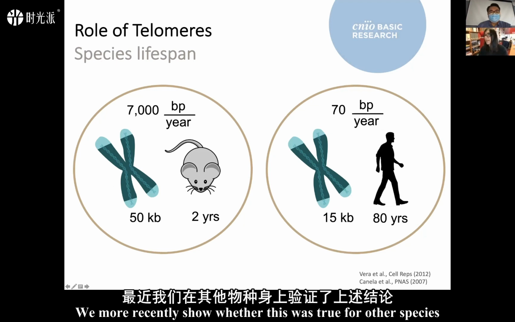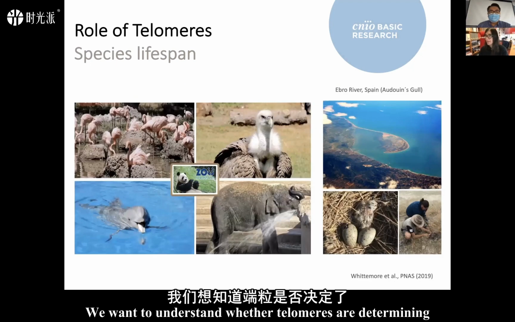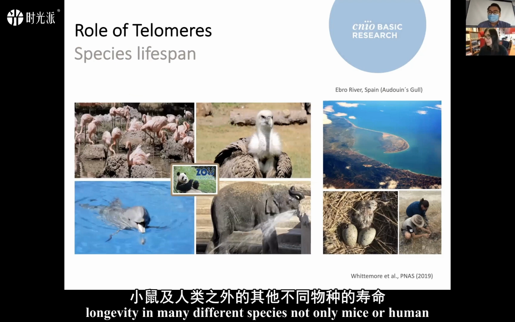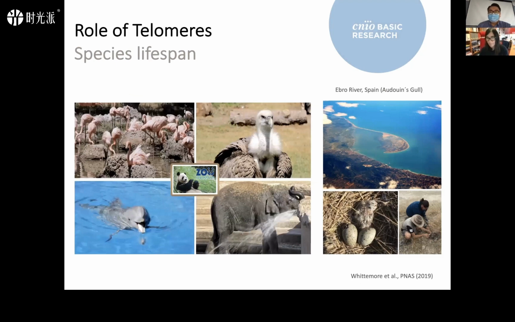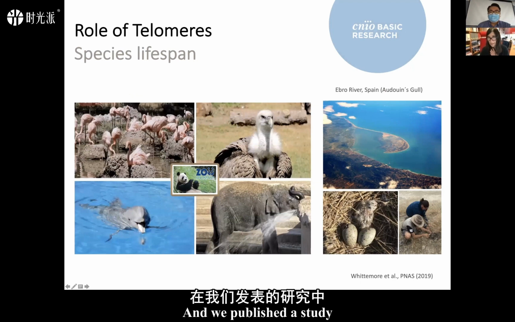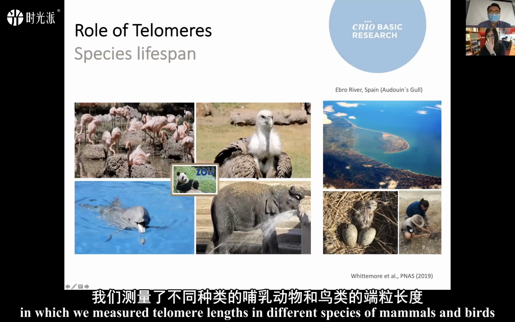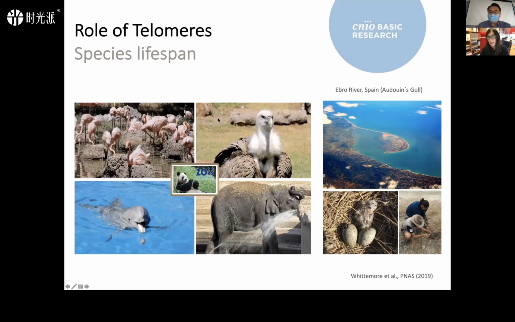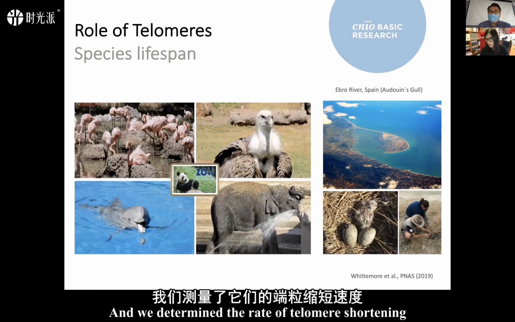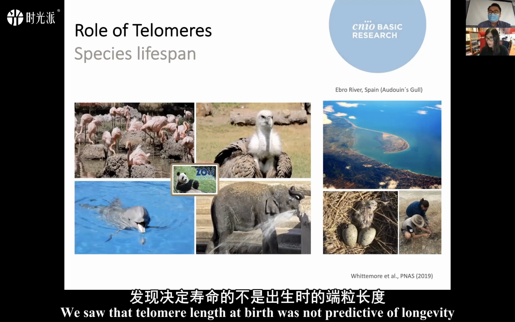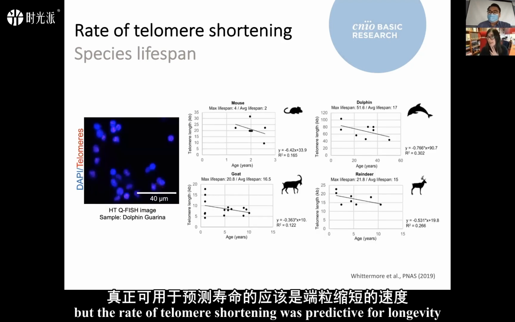More recently we showed whether this was true for other species. We want to understand whether telomeres are determining longevity in many different species, not only mice or humans. We published a study in which we measured telomere length in different species of mammals and birds, and we determined the rate of telomere shortening and telomere length. We saw that telomere length at birth was not predictive of longevity, but the rate of telomere shortening was predictive